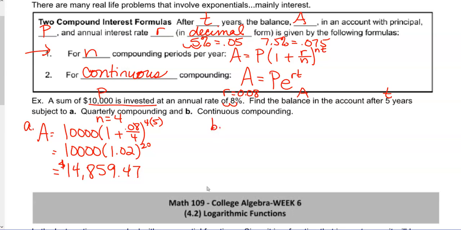Okay. Part B, what happens if the bank says, well, we're going to do your interest and compound it continuously? So which is the better deal? Okay. So I'm going to use this function now. If I'm continuously compounding it, I'm going to start with my principal, which is 10,000. Then I'm going to multiply that by e to the RT. So I'm going to take 0.08 times 5. Now, you can clean this up just a little bit if you want to do that product of 0.08 times 5. We have our 10,000 times e to the,